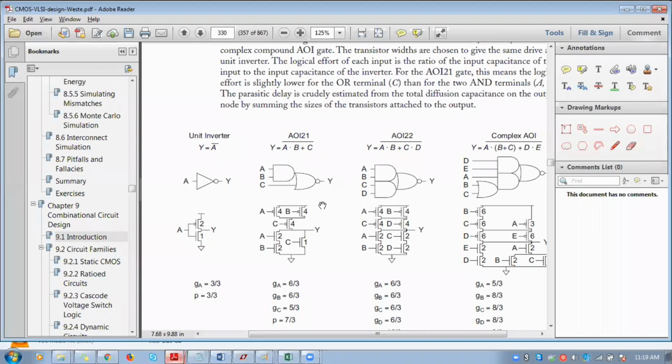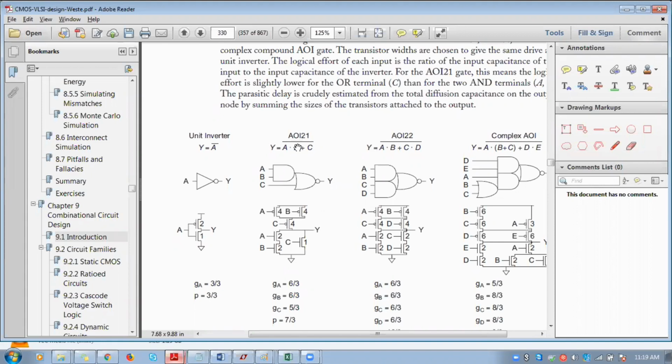So yesterday, while discussing logical effort calculation, I asked you to consider any one input to calculate the logical effort, because the logical effort for all the inputs was the same in those cases. If you have a dot alone or a plus alone in the circuit, that is, only one term in the circuit, you can go with any one input to calculate the logical effort.